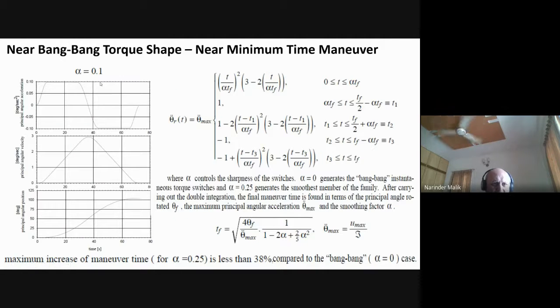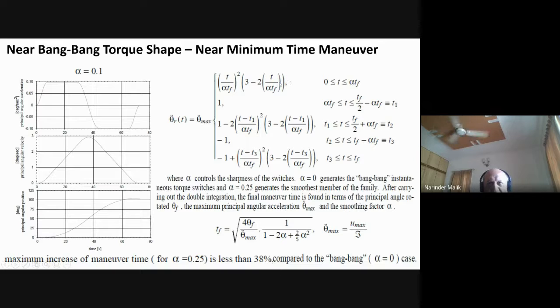So here it shows pictorially. Like I said, you have an alpha of 0.1. Alpha is the peak torque definition; this point is alpha TF. We define TF as the total time within which we want to achieve the maneuver. With 0.1, this is the profile. With 0.2, it will be faster. 0.3 will be still faster.